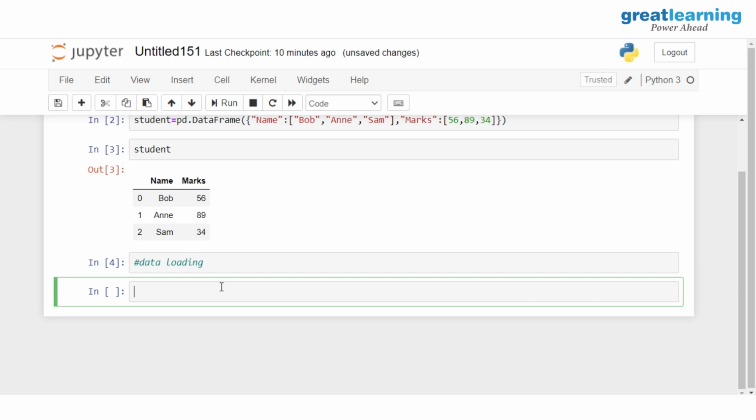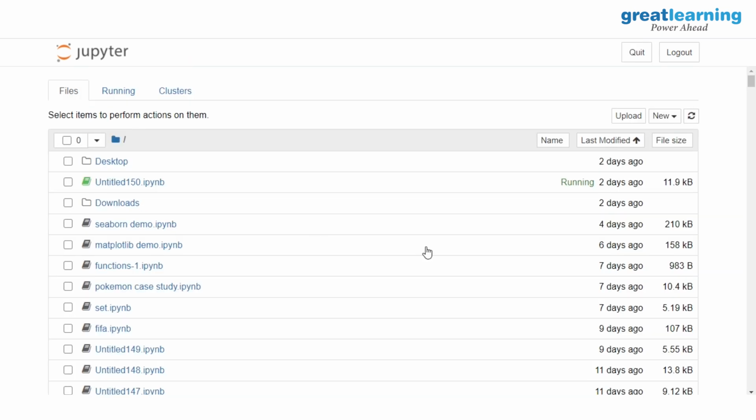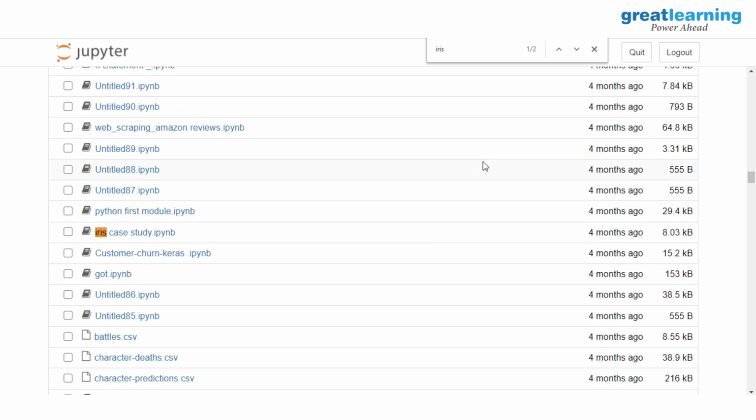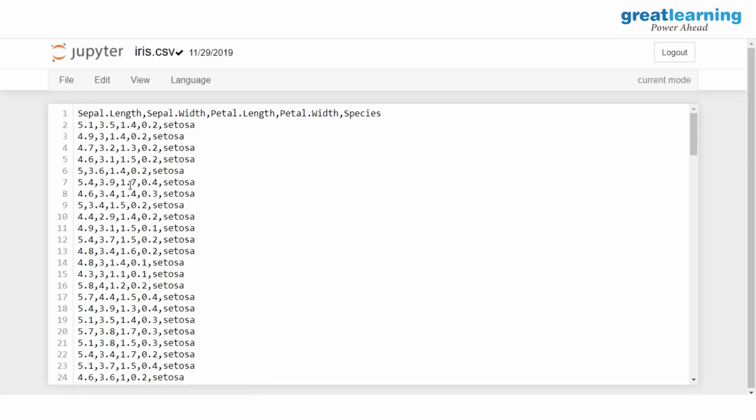Now if I go to my home page over here, you would see that I already have a data set called iris.csv. If I want to work with this .csv file, I can directly load it with the help of the Pandas library.